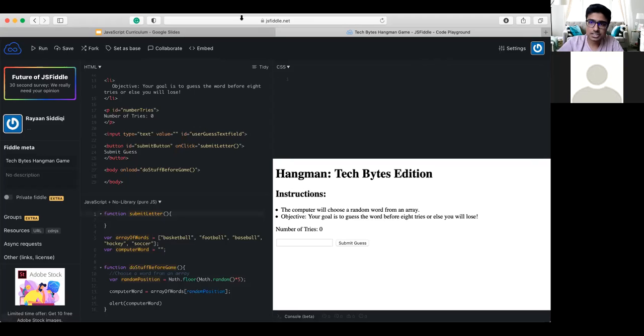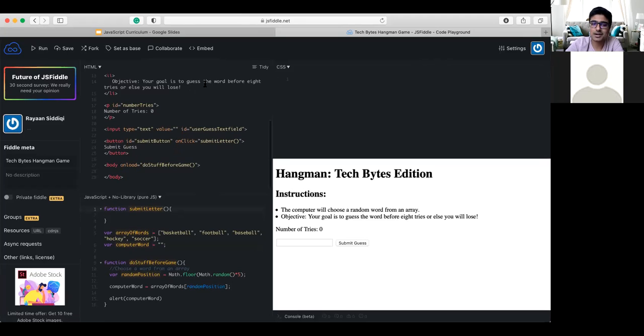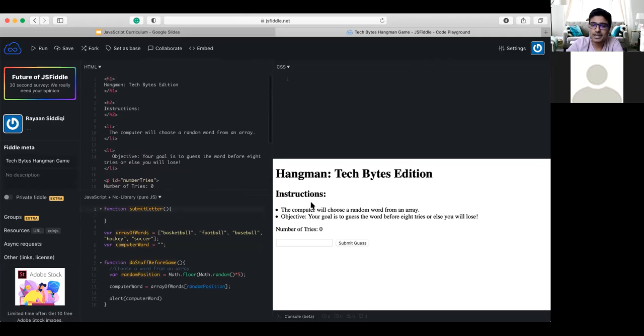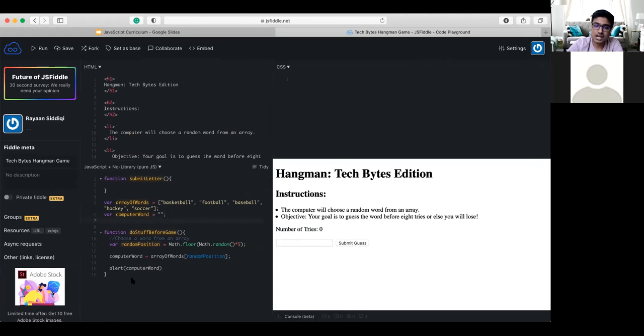So as we get on to our coding platform of JS Fiddle, we can see that we made a lot of progress last week, especially with the actual HTML part, displaying our game with some nice instructions. We've got our text field. We've got a tag holding the number of tries and attempts we have made. And also, the JavaScript is where it is at, right? Last week, this is what we were working on a lot.